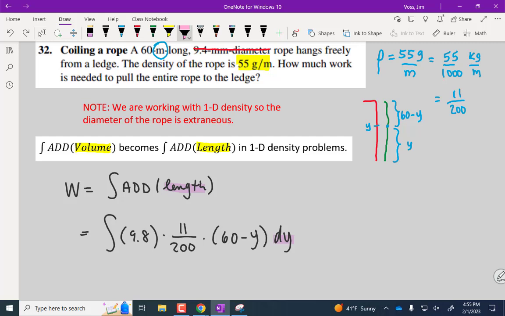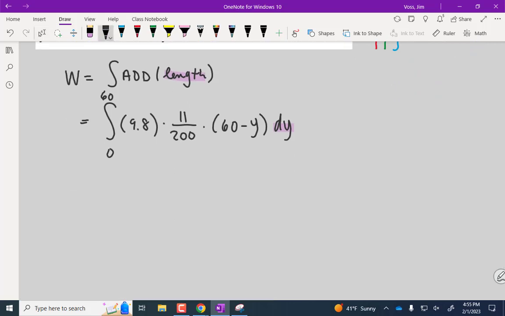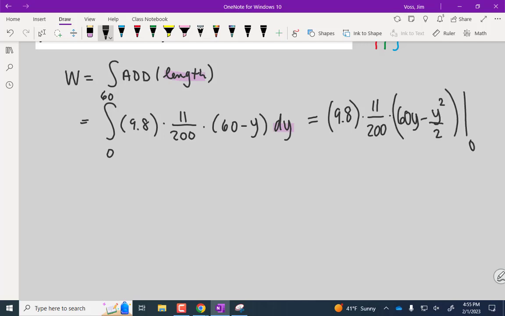All right, what about our limits of integration? 0 to 60. We have segments of rope from 0 to 60 that need to be hoisted. All right, so out in front, 9.8 multiplied by 11 divided by 200. And then we integrate, so we'll have 60y minus y squared divided by 2, from 0 to 60. 3,600 minus